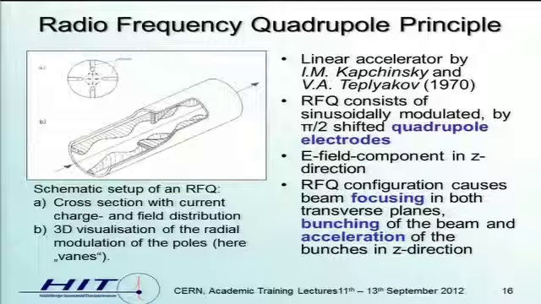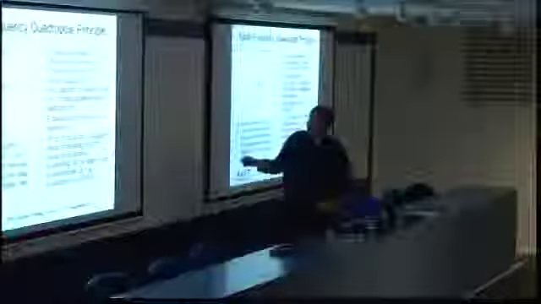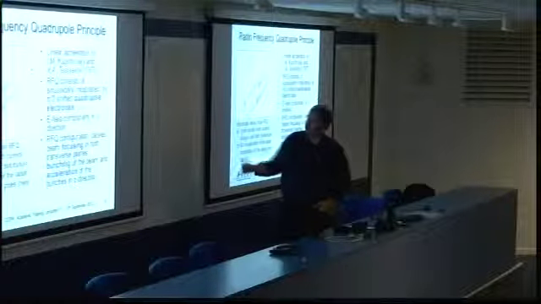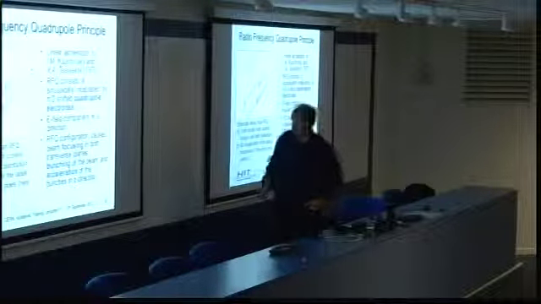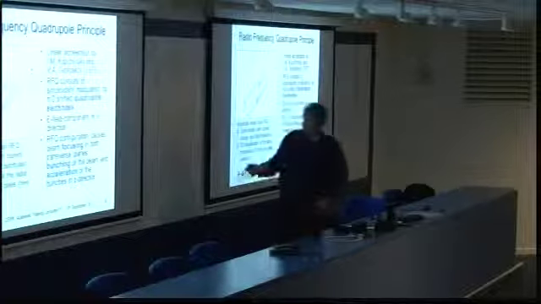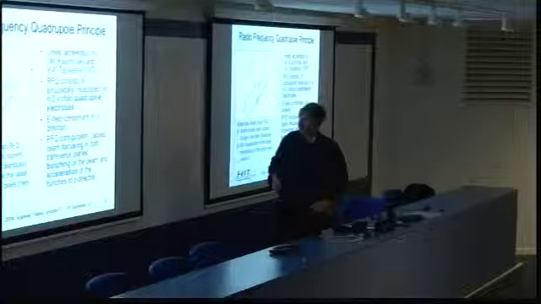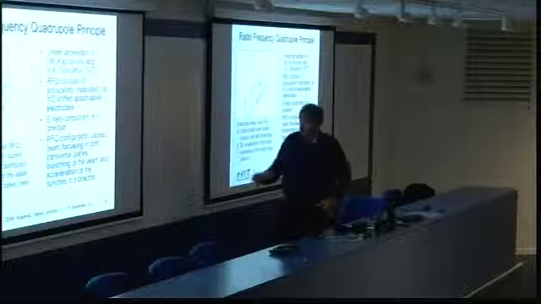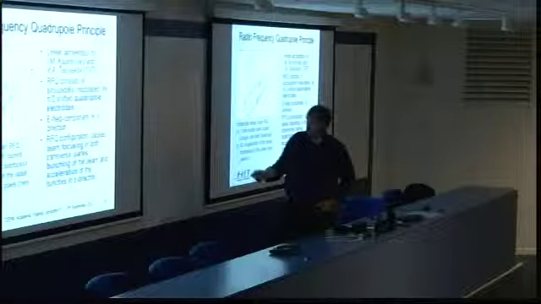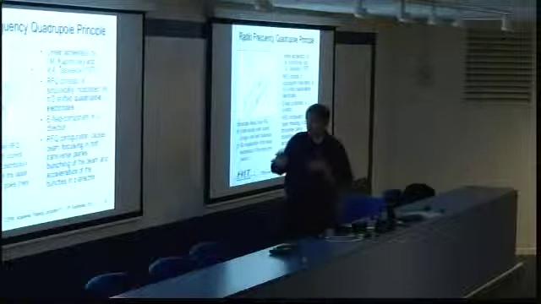And as I may have already said, they consist of 4 electrodes, and the modulation is shifted by π/2 between these electrodes. The E-field component has also that direction, and what comes out is that you can do some functions in one single